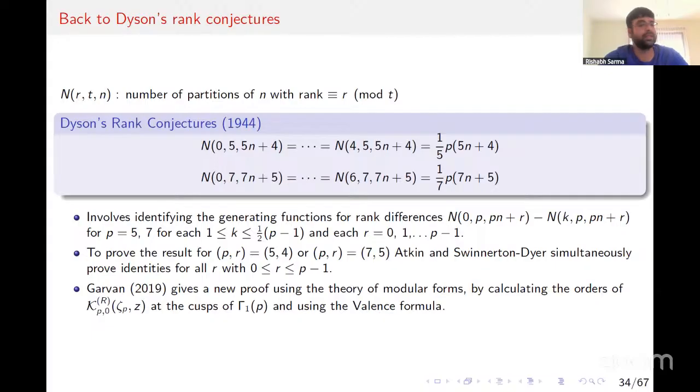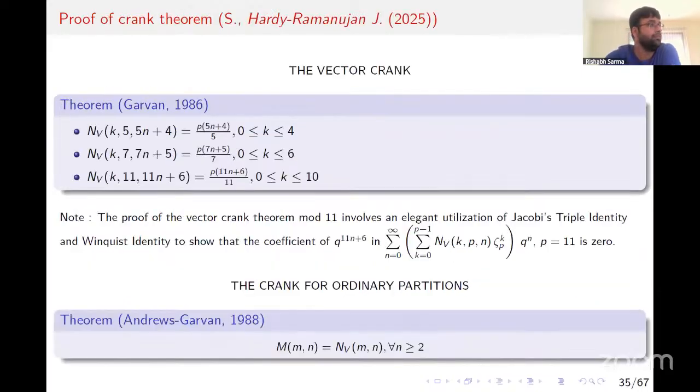of modular forms by calculating the orders of the 0th element of the dissection at the cusps of the congruence subgroup Gamma_1(p) and using the valence formula. So a little bit of background here: the proof of the crank theorem, or let's call it the crank conjecture, which became a theorem later on,